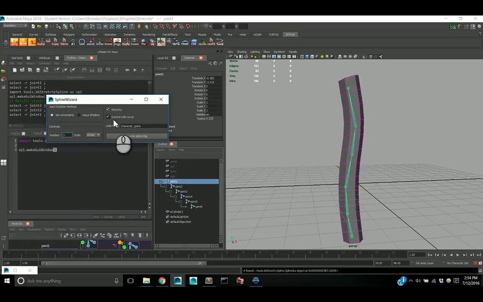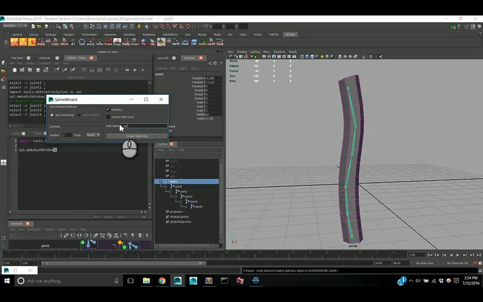Other options here, you can see controls. We're going to stick with just 2 controls for now. Since this is a spine, we're going to assume that we're just going to have a hips control and a chest control, and leave it at that for now. Control style, let's do boxes. Stretchy. This is what really makes it like a ribbon spine. Just being able to grab and move these controls and having the whole thing stretch automatically is really the strength of this particular rig. Control with curve, we're going to look at it without this first. It's just a slightly different control style, particularly when it comes to twist. Okay, so limb name, we're just going to say C